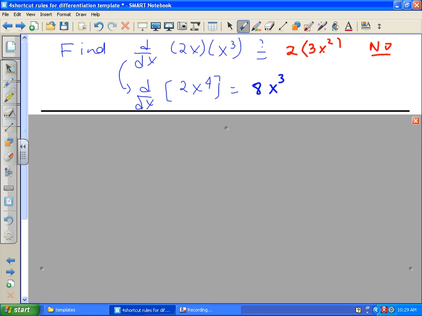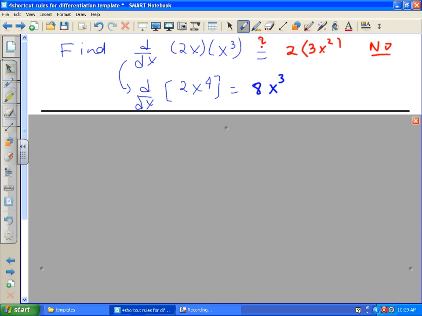No, that's why I have a question mark up here, because this is not correct. So we don't have such a simple product rule that you could differentiate the first and differentiate the second. We have a constant multiple rule. You can take out a constant, but if you have two expressions, both of which contain the variable x, there is no